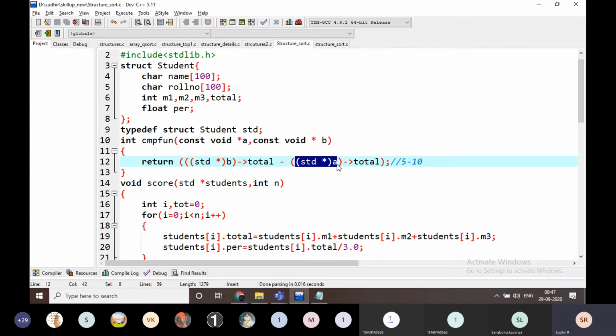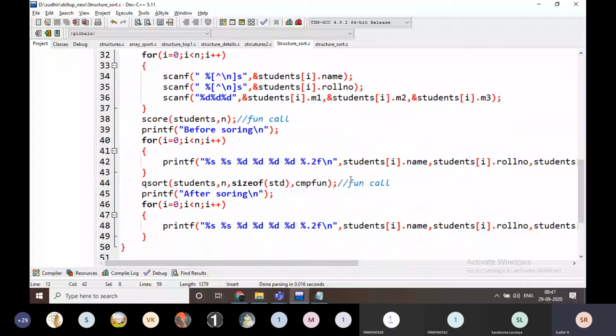If I am taking A and B, it is going to be some ascending order. This is for descending order values. Is it clear, everyone? If you have some doubts, I think just practice at home. I will share the code to you. Then you will have a clear idea about this thing.